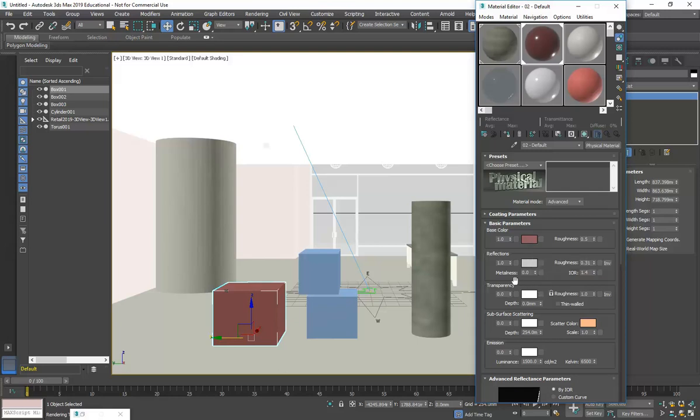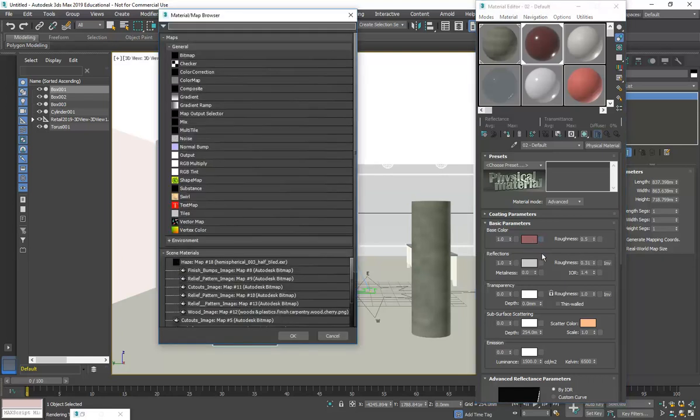Don't worry about these others. They're for, you know, reflection and transparency and other things. So that's your main colour setting. So I'm going to click on the button next to it. And then I'm not going to use that awful Autodesk Bitmap, which is what I had on the concrete. I can't stand that, actually. It's really annoying when they use that one. You can tell it's the young 20-year-old programmers they've got who don't know what they're doing. This one's much better. So Bitmap,